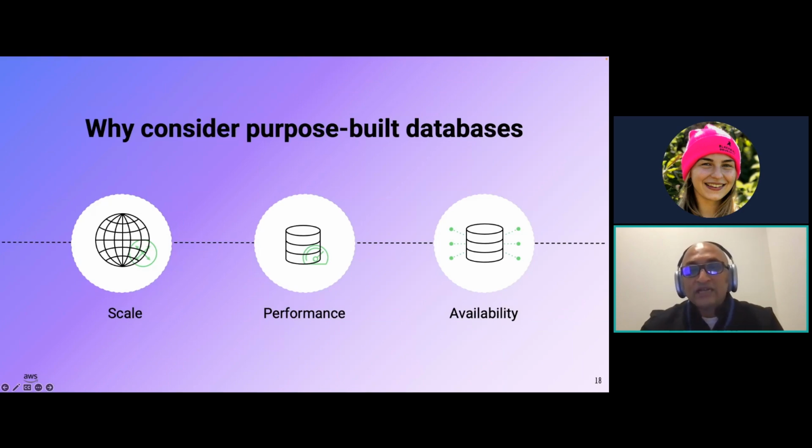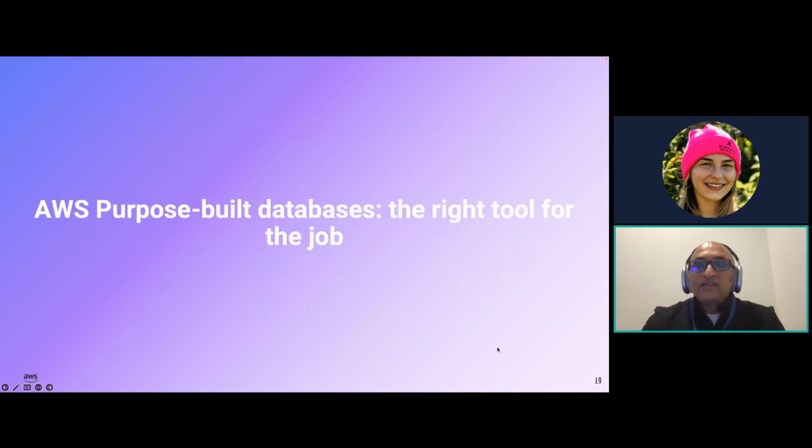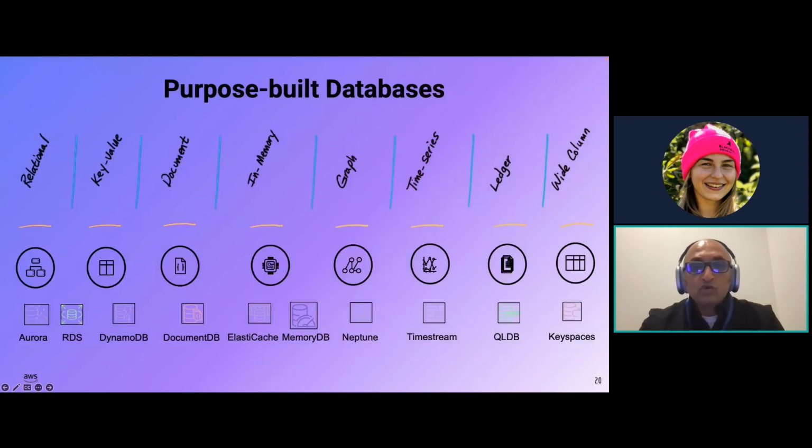Developers are building highly distributed and decoupled applications, and AWS enables you to build these cloud-native applications by using multiple AWS services for scale, performance, and manageability. Let's take a look at the database services offered by AWS. I'm not going to go through all of these different databases, but